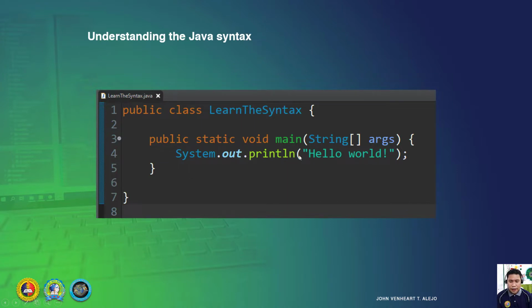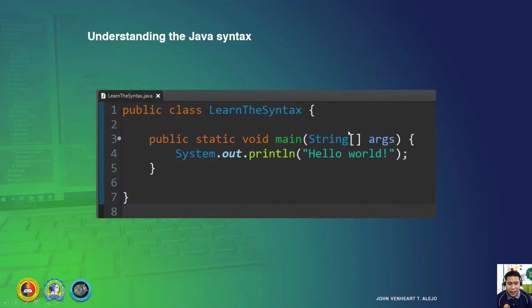This println here is what we call a function. Whenever there is an open parenthesis and a right parenthesis, we call it a function, like the main function.